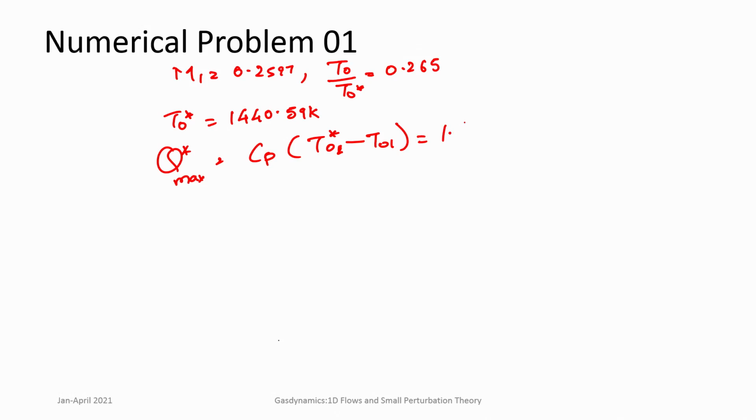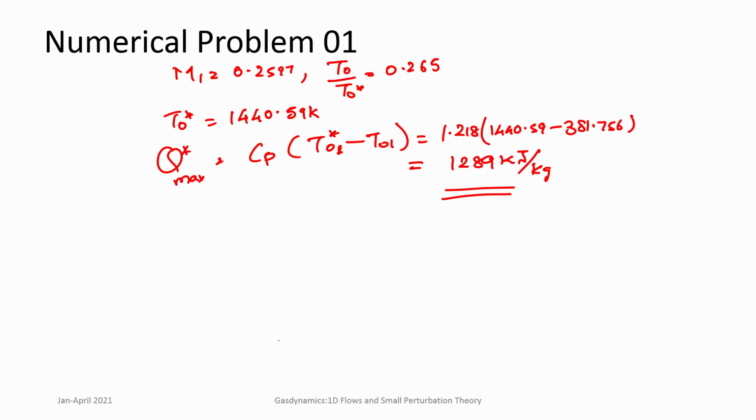1.218 is the value for Cp, multiplied by 1440.59 subtracted by 381.756. So, this is 128.989 kilojoules per kg. It is very close, since we have a Mach number at M2 of 0.9,